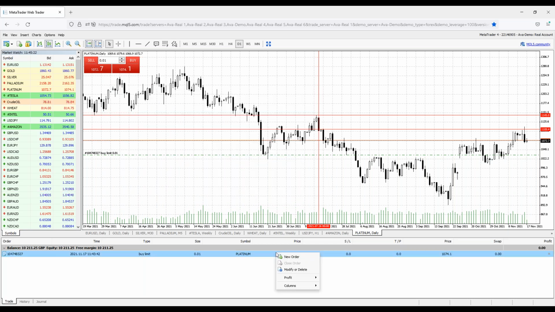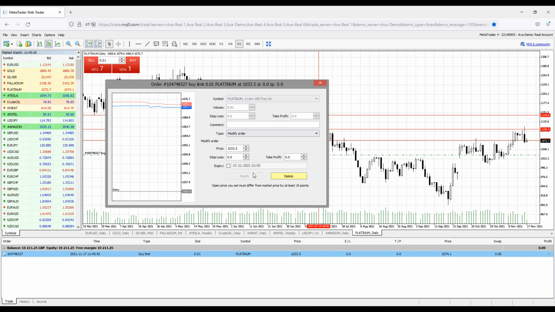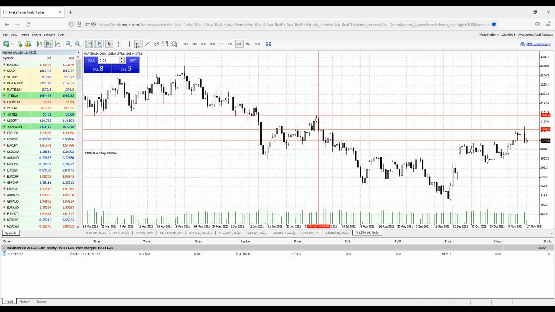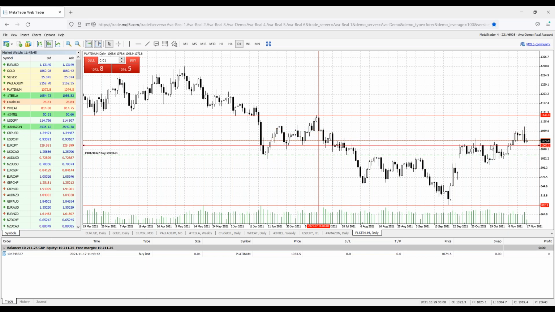Let's do it by the book. If I right click here, modify or delete, I can even set a stop loss. For this is a webinar after all, and I would like to educate you as much as I want. If I'm expecting $25 movement from 1040 to 1060, to where it's at right now, for the sake of the discussion, I'm aiming